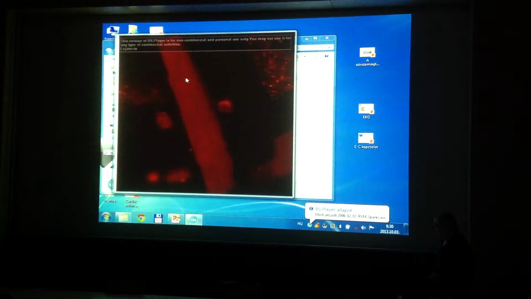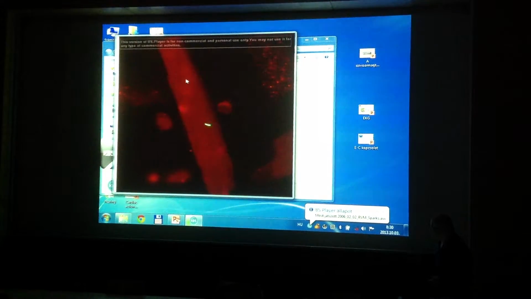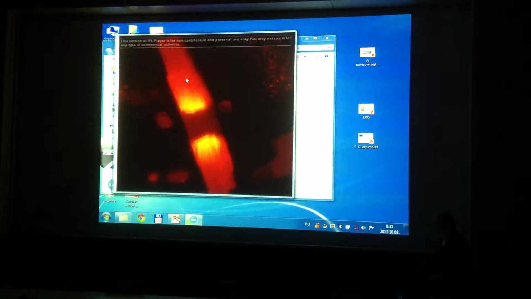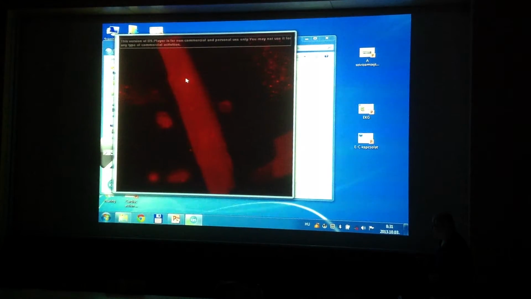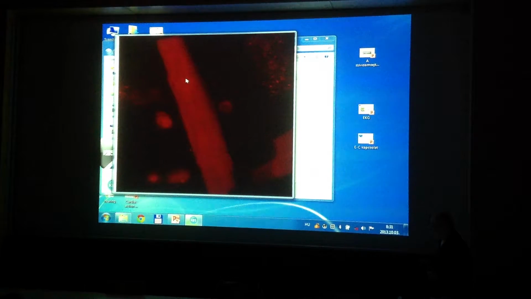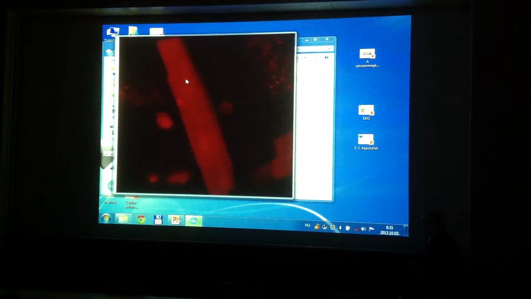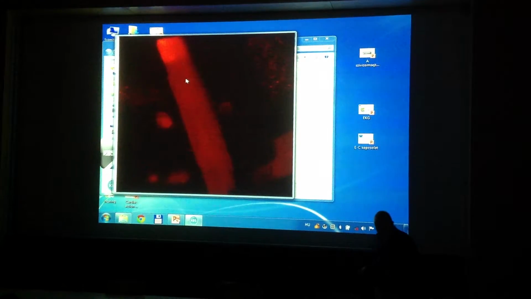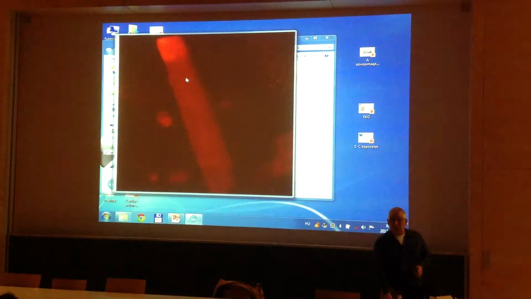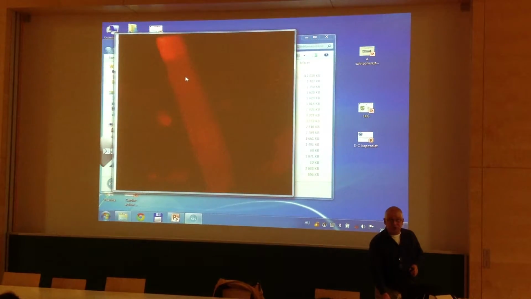So we can see these small flashes are the result of one single CRU, and the waves are the calcium signals, which, as I mentioned,